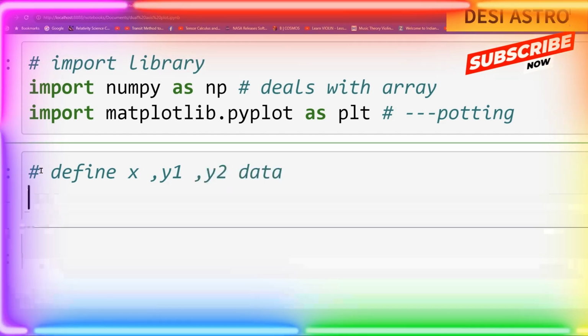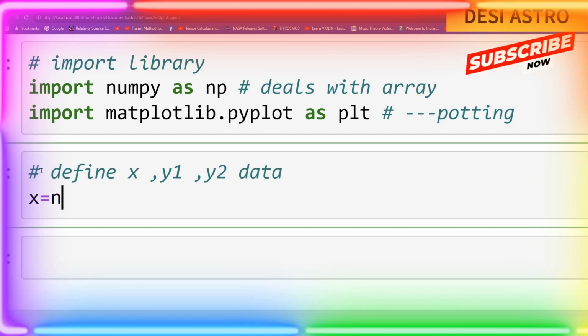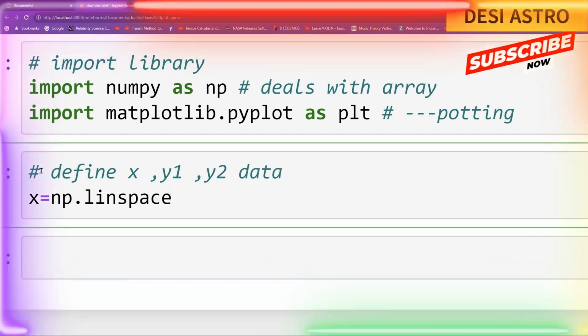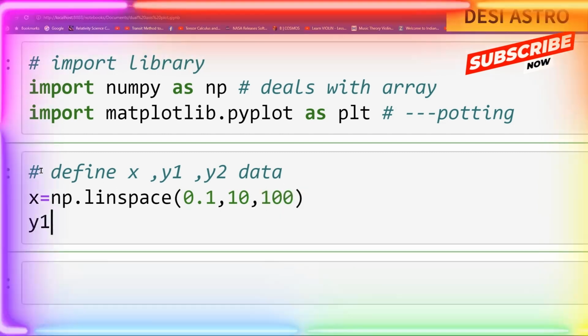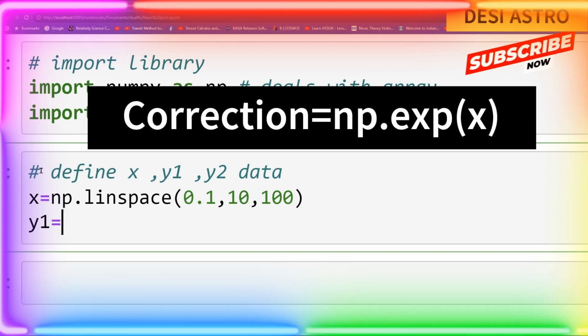Suppose I define x equal to np.linspace, from 0.1 to 10, with 100 data points. Similarly, I can define y1 equal to the exponential of t,